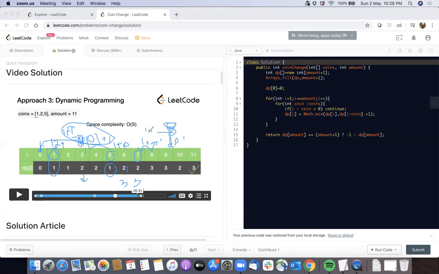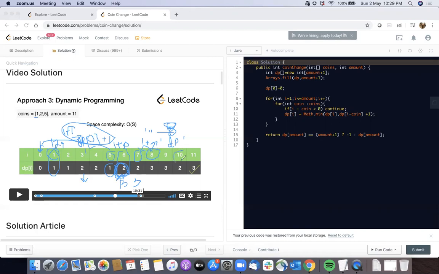So you can see once I'm using a coin, for the amount which is left, I have to go to that DP array, and I have to include the value at that index also, because that is the minimum amount of coins I need to reach that point, plus the one coin which I'm consuming right now. So summing both these things, I can get the minimum amount.